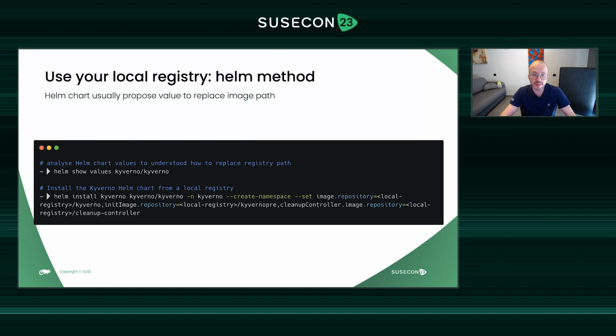You can set on the fly during the Helm install which registry we need to use. The problem is there is no standard method to do that, and every Helm chart maintainer has the choice to propose this kind of feature inside values or not. And even if they propose it, pretty often the syntax is not the same. So depending on the image, you need to search image by image how to manage that.